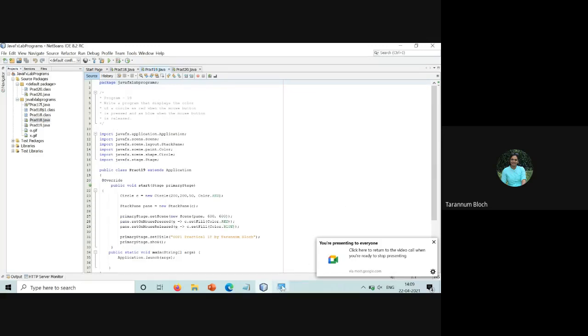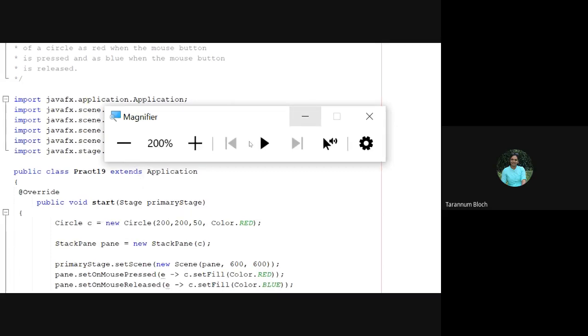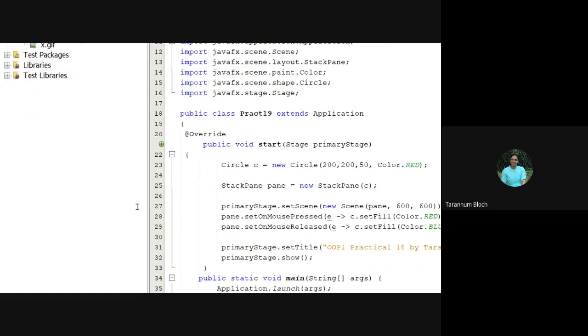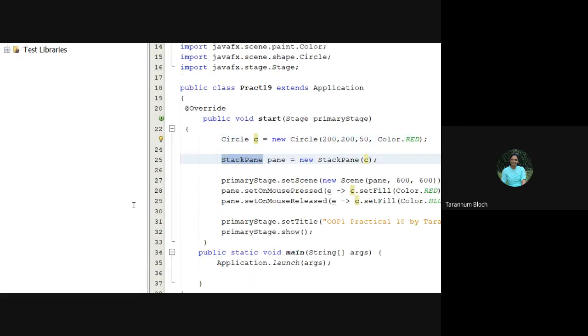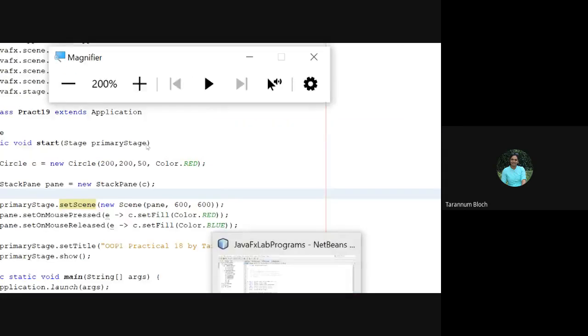So here is our StackPane. We took a circle, and c is the object representing our circle, and we took a StackPane and added that object in the StackPane, and then finally that pane we added to the scene, and in the primary stage we set up that scene object. Fine, that's about the StackPane.